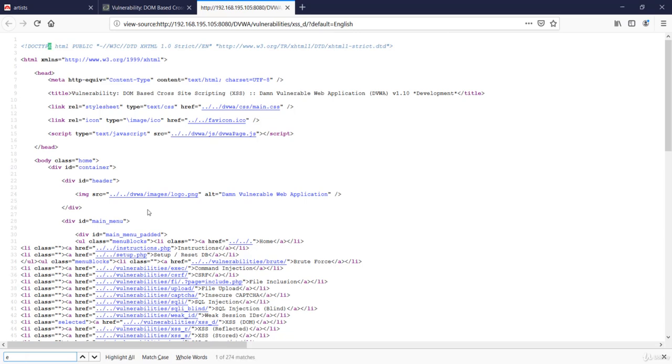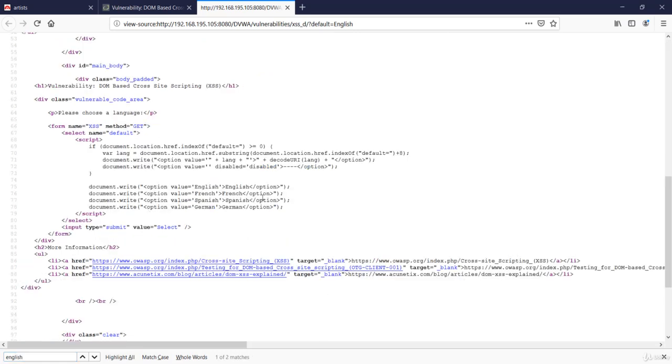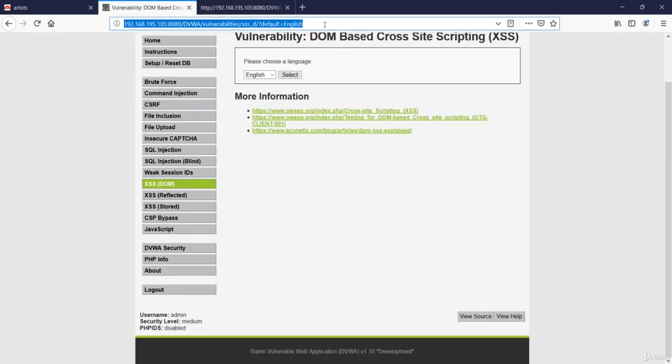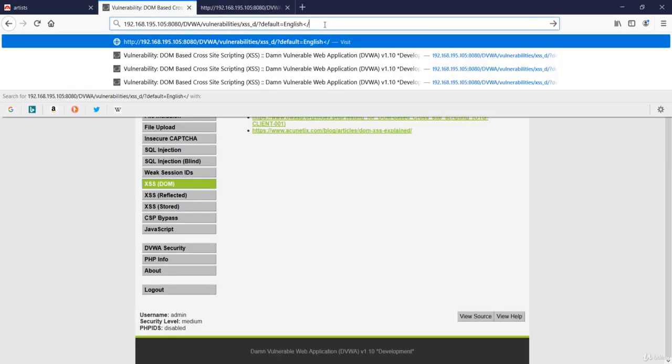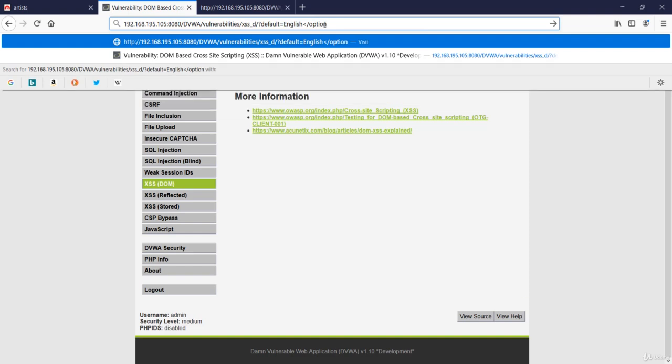Let's type English. This time let's do one thing. Let's close the option and select statement like this, and then let's apply a different payload. So let's close option first, then select. Now let's apply this payload, svg onload equal to